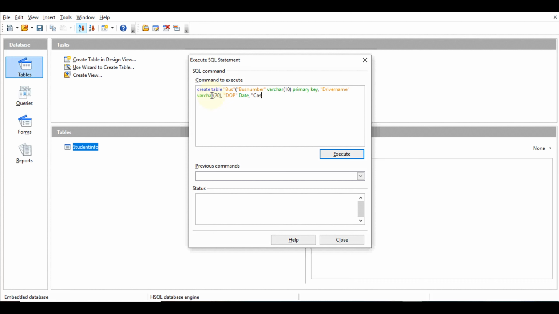So cost in double quotes, and its data type is bigint, and thereafter last field is color, data type is varchar, and length is 10. Now here I have mentioned all the fields one by one.